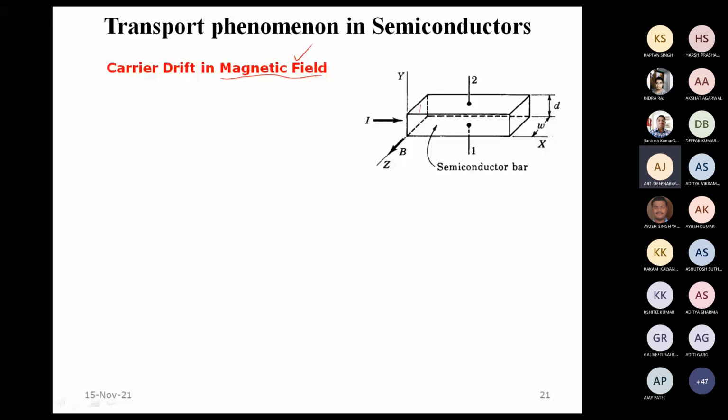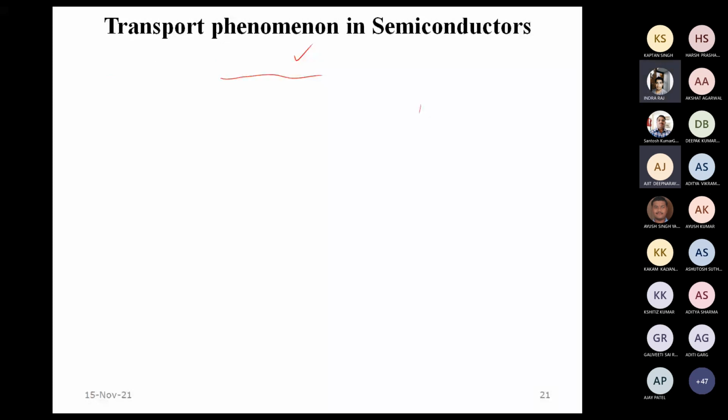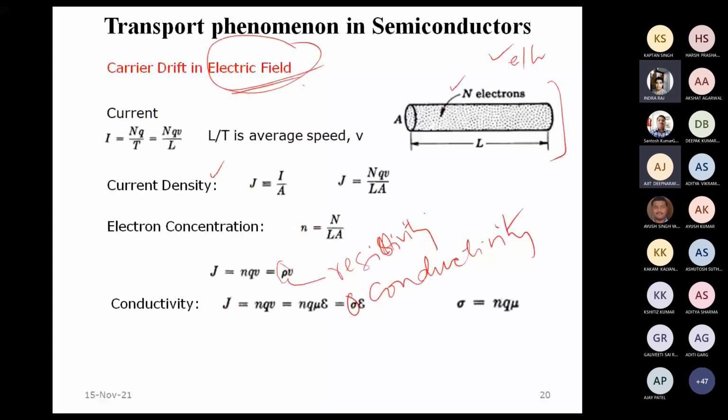We have already discussed in the last lecture. I think you were absent. So this was just a recap of what we have done so far. T actually is the time taken by the electron to go from one end to the other end of this specimen. So that is the T over here. We have already discussed this in the previous lectures. Okay, sir, you were absent.